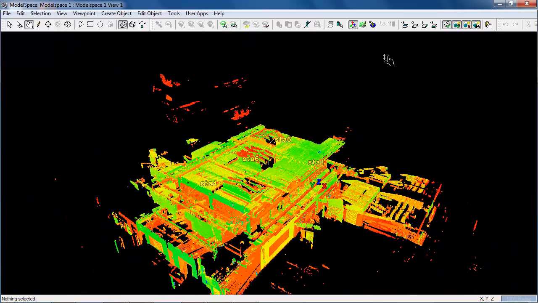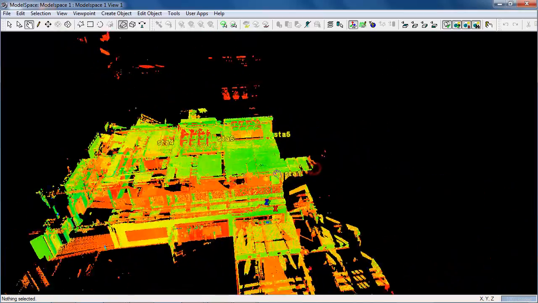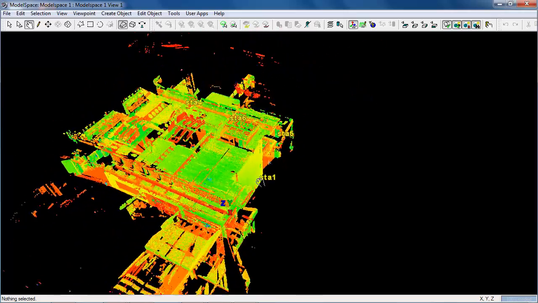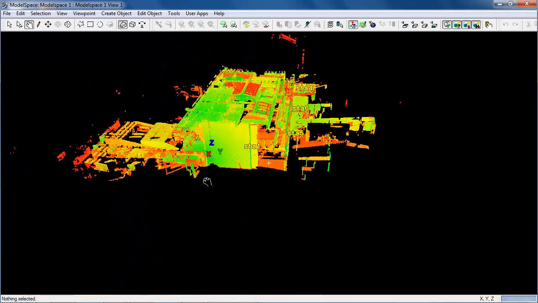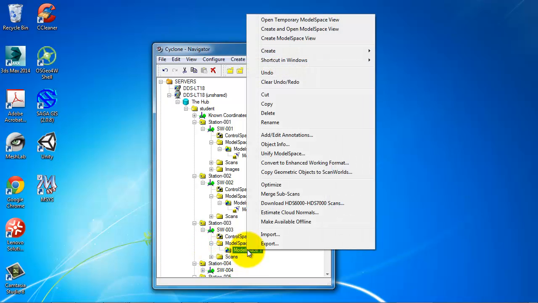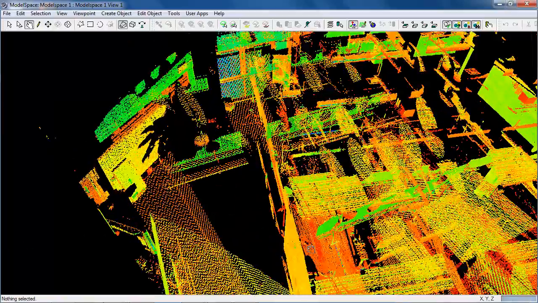So this one, clearly we have the scanner positioned slightly differently, we've got slightly different visibility, so that's another interesting data set. We've got a lot of similar areas, a bit of different data. We come to 3, we're going to look in here, and what have we got here? Again, create an open model space view. If I zoom out of here,